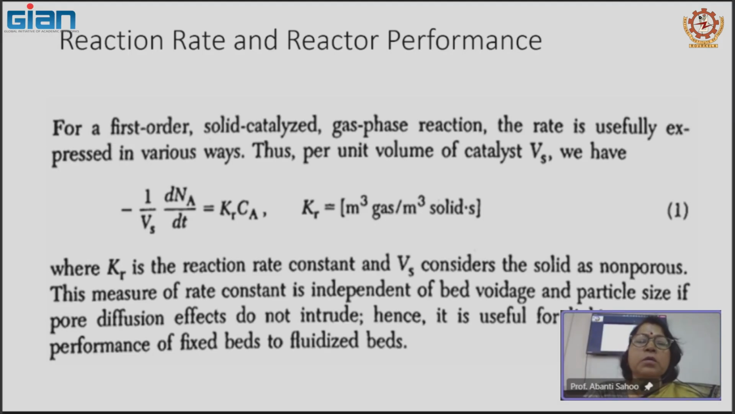Okay, for first order solid catalyzed gas phase reactions, we can express the reactions in various ways. Suppose we calculate the rate per unit volume of the catalyst, Vs. Then we can write minus 1 by Vs dNA by dt equals Kr CA, where Kr is the reaction rate constant and the catalyst volume Vs is constant. From this we can measure the rate constant, which is independent of the bed voidage